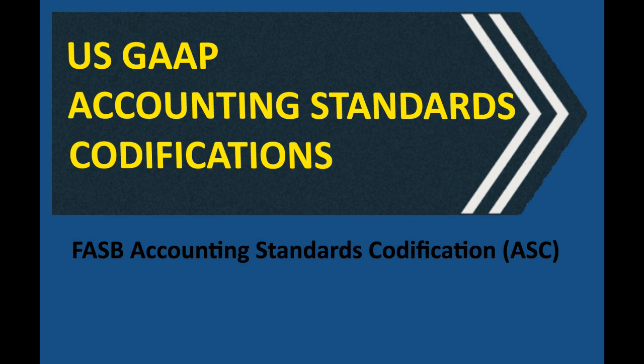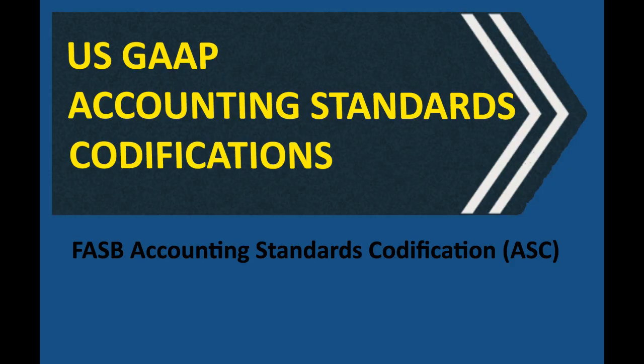Now, we've covered a ton of ground here. We talked about what the codification is, why they created it, that intricate structure, how they keep it updated, and how it links to SEC reporting. So for those of us who need to reference the codification in our work, what's the proper way to do that? Okay, so for those broad references that you might include in the notes to the financial statements, the FASB prefers that you use clear, plain English that just identifies the relevant topic. Keep it simple. For example, you could say something like, as required by the leases topic of the FASB Accounting Standards Codification. Straightforward and easy to understand.